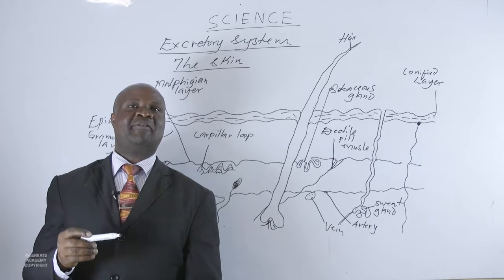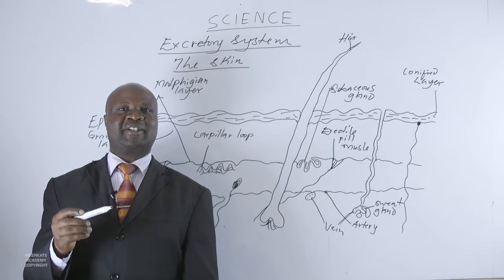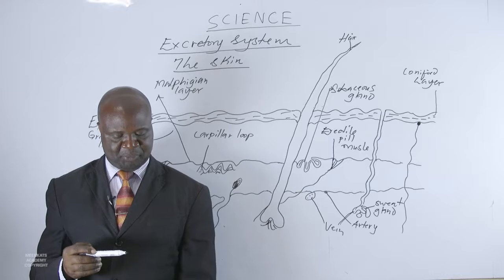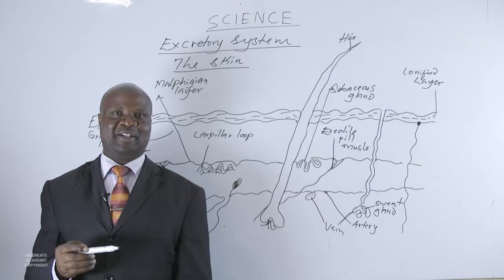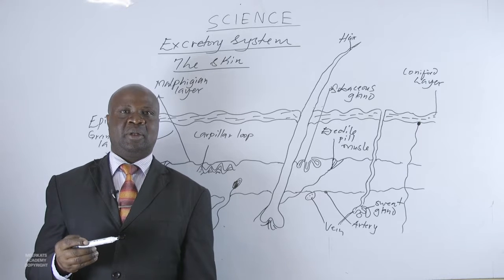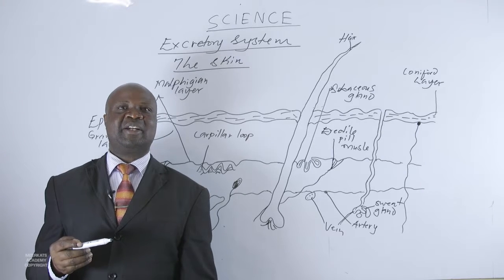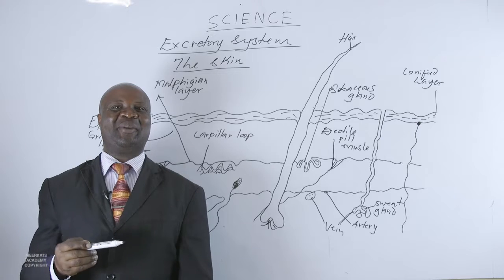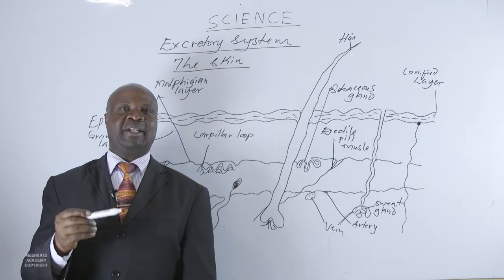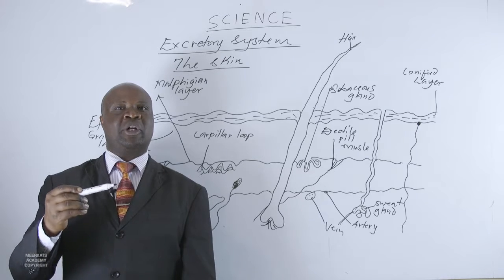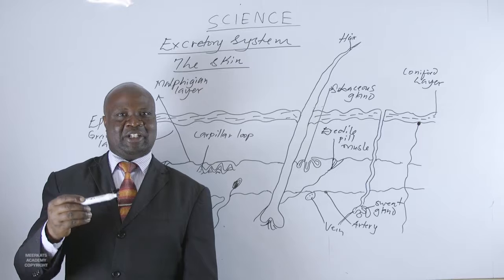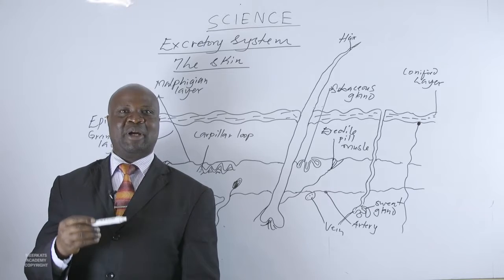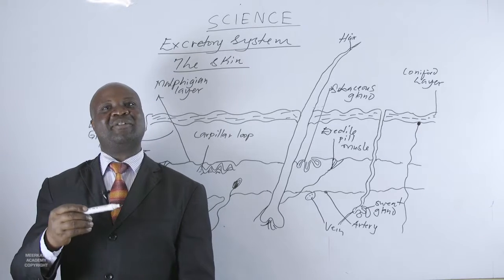Then lastly, we have the lungs as a third excretory organ. What do the lungs do? The lungs remove carbon dioxide. What happens? The lungs receive blood. The lungs are well supplied with alveoli and blood capillaries. These blood capillaries diffuse out carbon dioxide while they diffuse in oxygen. They are able to absorb oxygen into the bloodstream by use of the blood capillaries, and they diffuse out carbon